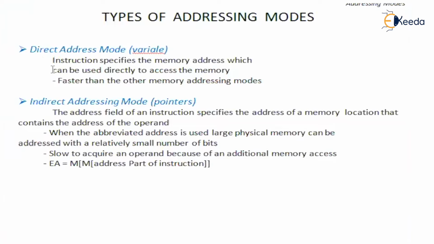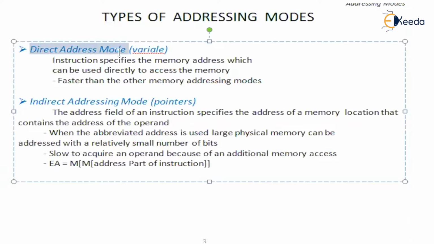For the direct addressing mode, if you want to declare a variable, you need to have the direct addressing mode enabled in the system. The CPU should support direct addressing mode if a programmer wants to declare a variable. If no direct addressing mode, no variable is possible. That is simply because when you declare a variable, immediately an address will be assigned, right? So for that reason, we need to have a direct addressing mode available in our system if at all we want to declare a variable.